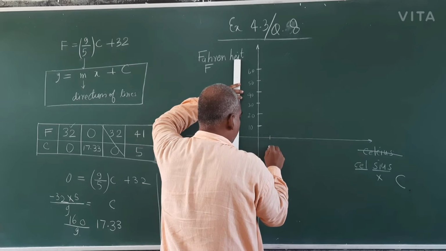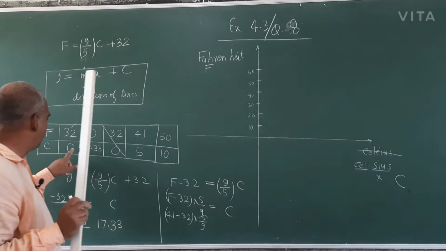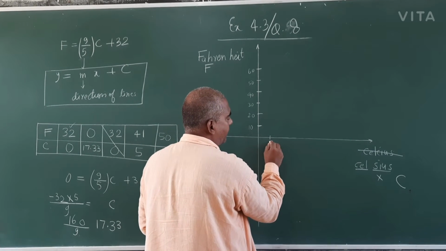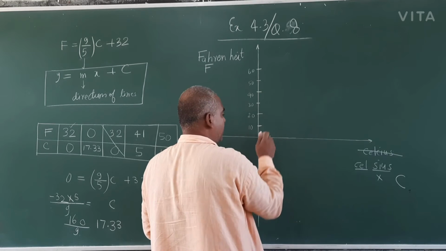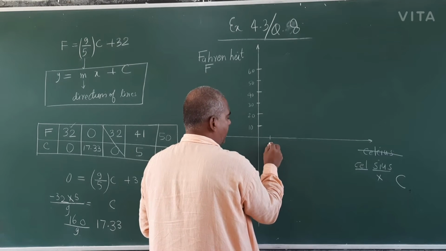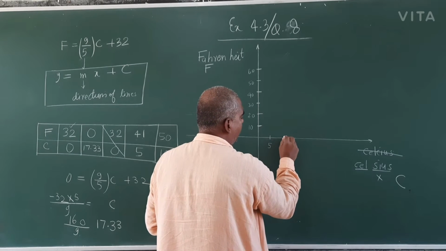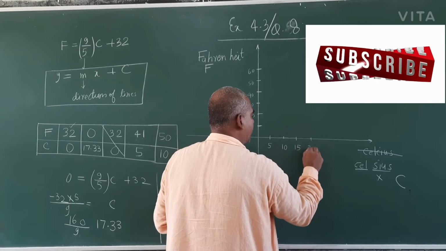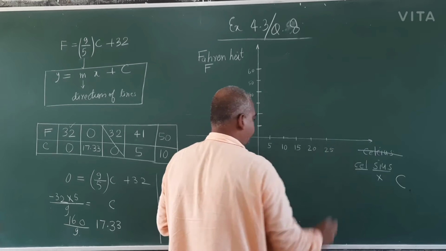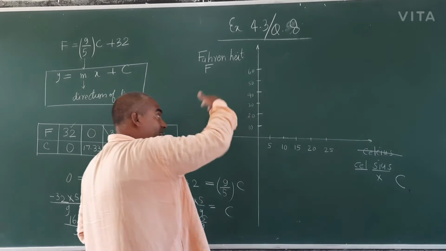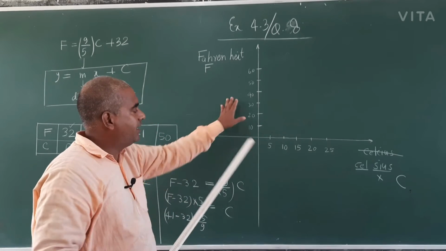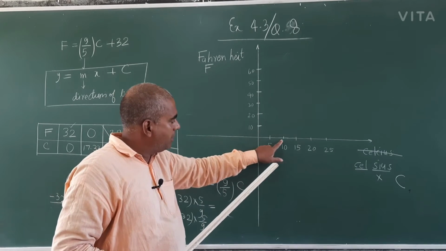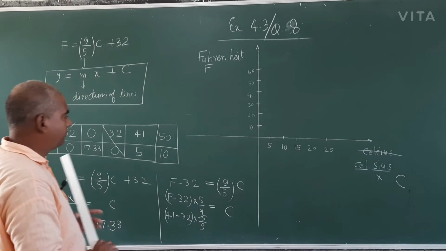Similarly here also. Actually we have to take here only 0, 5, 10. You can take 1, 2, 3 here also, or 5, 10. You can change the scale. If this is 10, 1 centimeter 10, you can change the scale to get a clear picture. Otherwise you may take the same scale, 5, 10, 15, and then 20, then 25, like that. If this is a circle, the figure will be changed, but this is a line, so no figure will be changed. I have taken 1 centimeter equal to 10, you can take 10, 20 also. You will draw by yourself then.